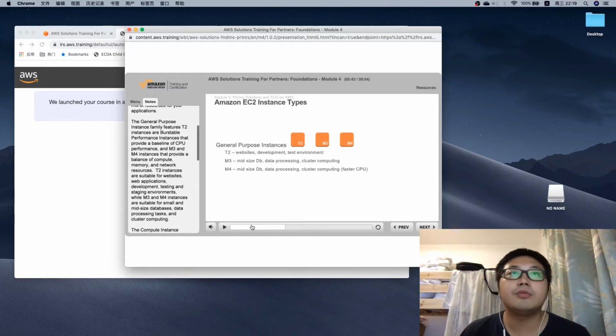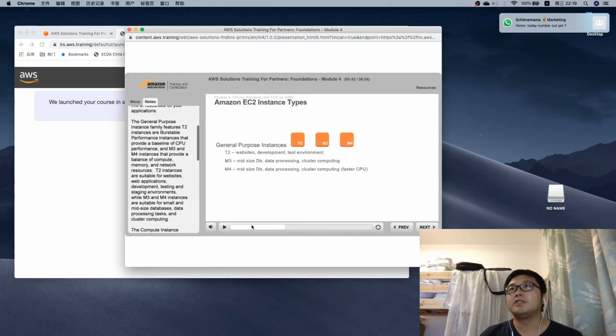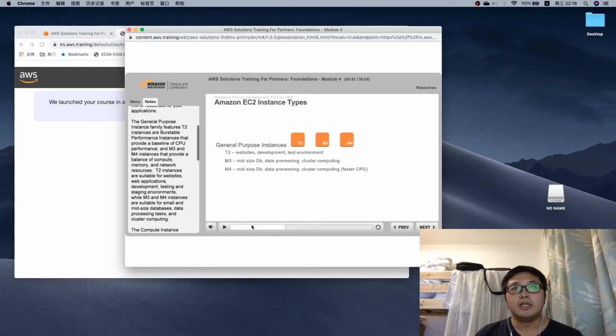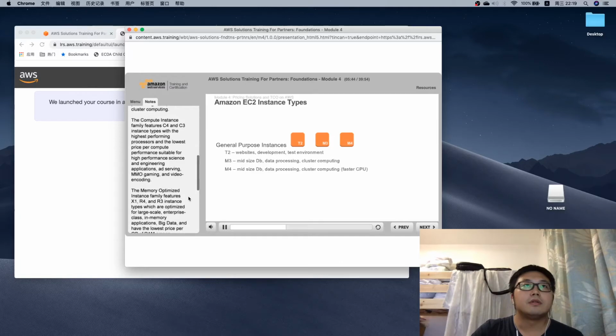M4，M3跟M4就比较类似，都是中等规模的数据储存、数据处理，还有cluster computing，是一个比较复杂的计算。另外的话，M4比M3来说，它有一个更快的CPU。